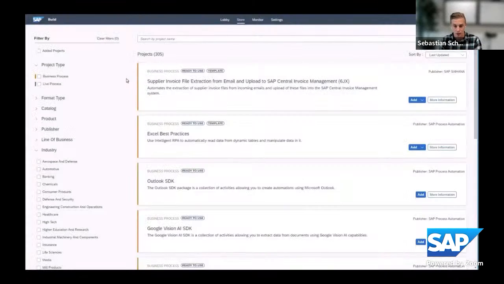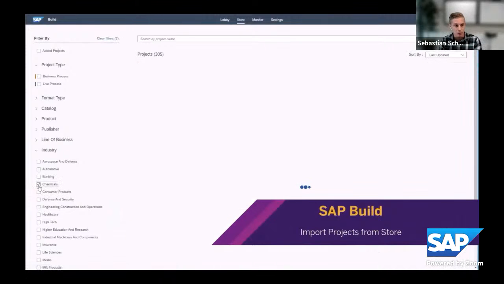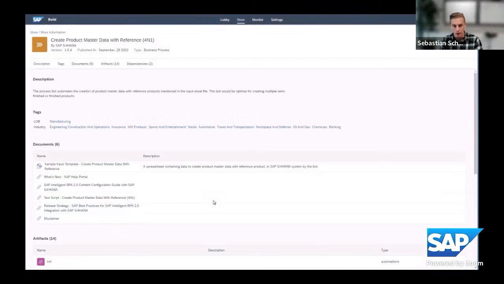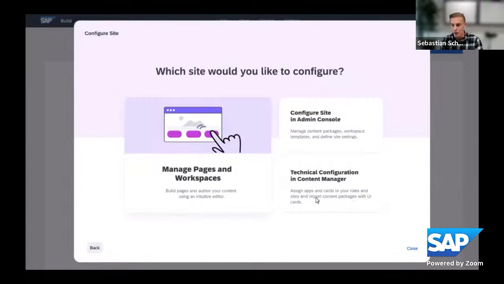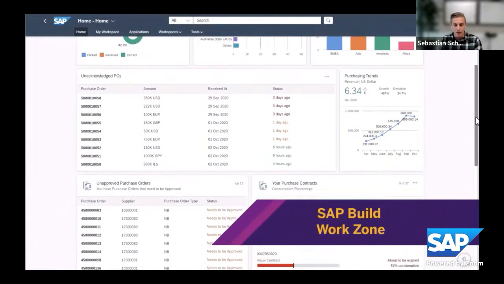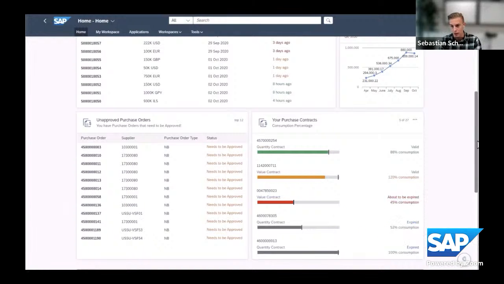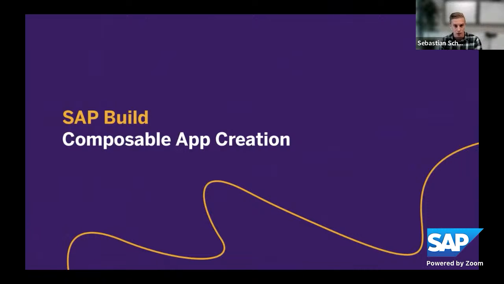Important is also content. This is one of the main differentiators where we have put the 50 years of SAP process knowledge not only into tools, but also into content. So customers can make use of a wide range of pre-built content that can be automatically used and extended. And last but not least, SAP Build Workzone for building business sites, typical portal use cases, employee portals, supplier portals, but also entry pages into the world of software for end users.